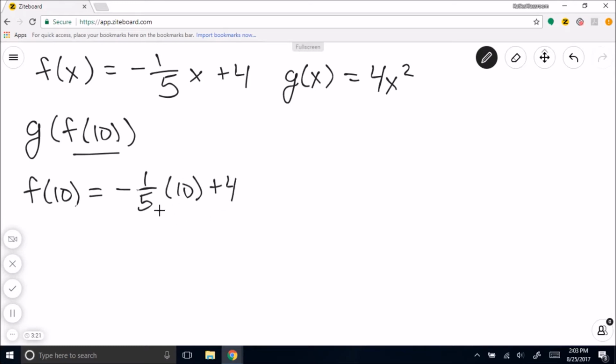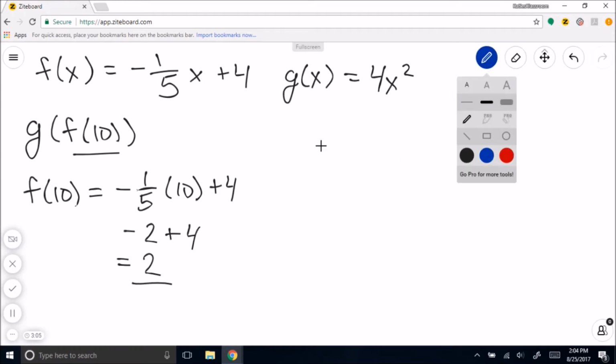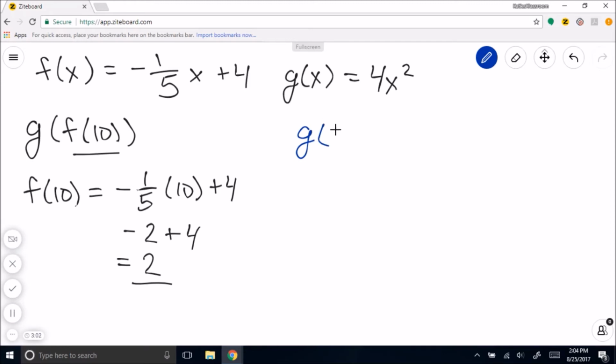So when you do negative 1/5 times 10, that's the same as negative 10 divided by 5. This is going to be -2 plus 4. So f of 10 equals 2. And now I'm going to take that and find g of 2. So 4 times 2 squared. Order of operations tells us to do the exponent first. So 2 squared is 4. This becomes 4 times 4, which is